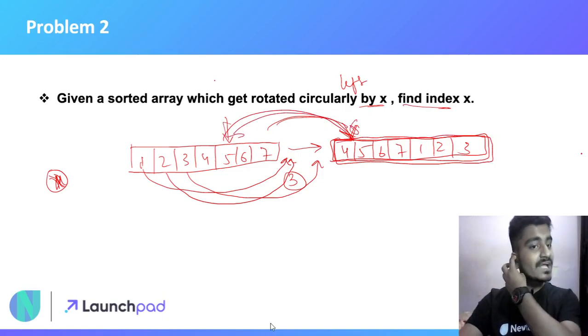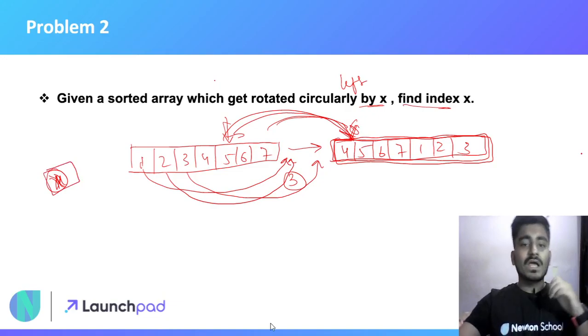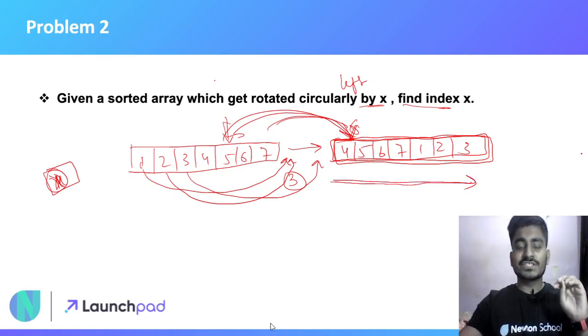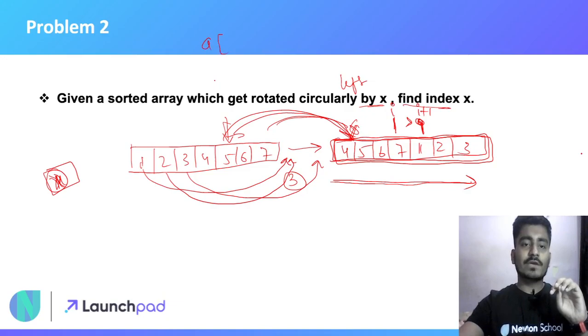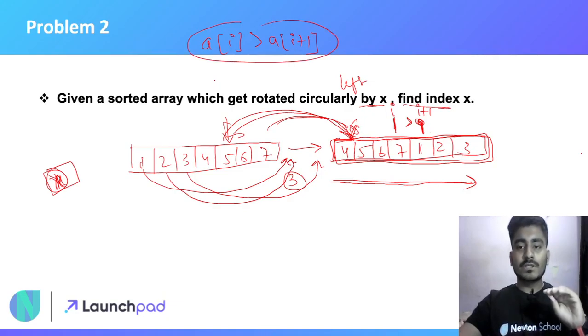Fine. Now we have to find the value of x. We can do this by checking the whole array using linear iteration, and whenever I get a current index greater than the next index, let's say this index is i and this index is i plus 1, so if a of i is greater than a of i plus 1, I can say that my x value will be the size of the array minus this index i.